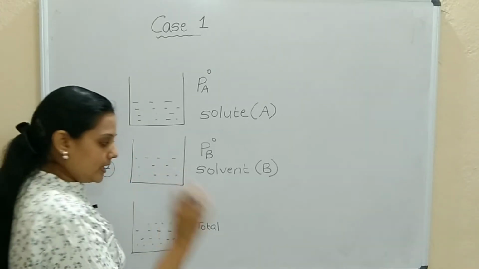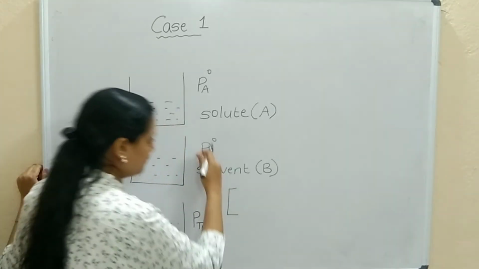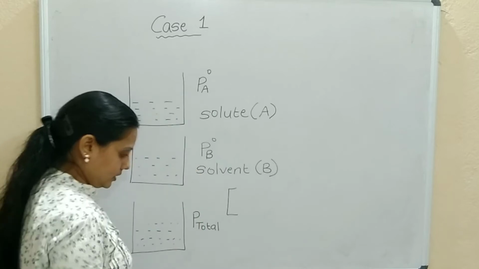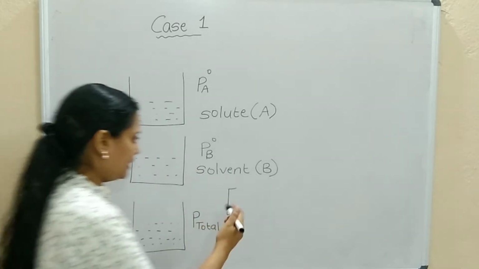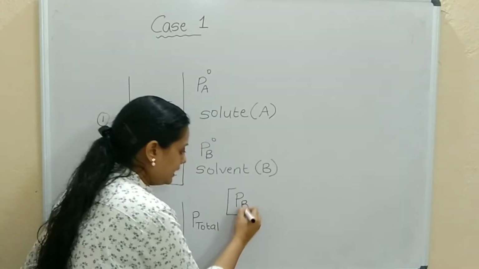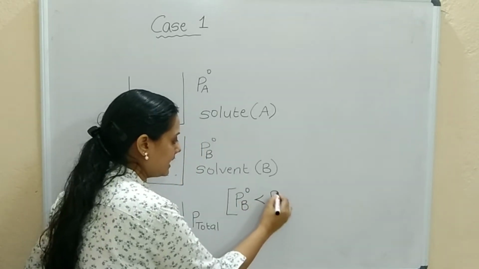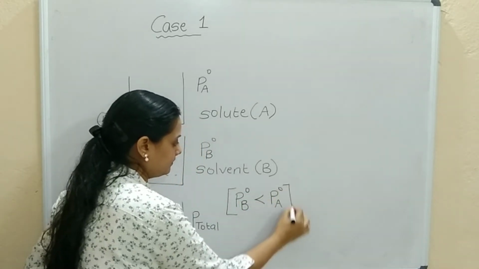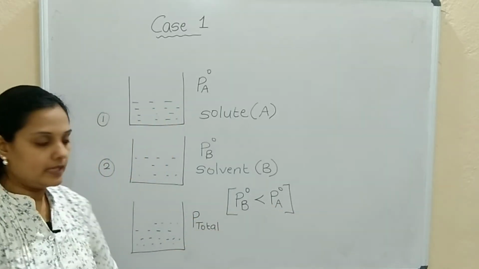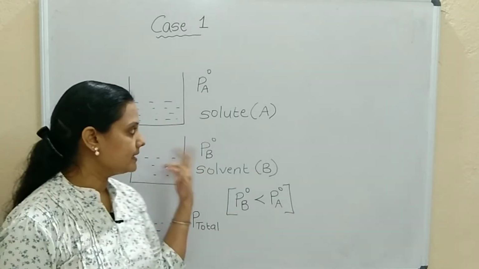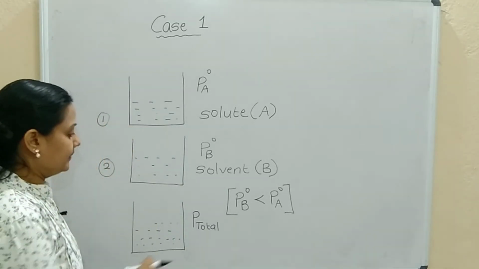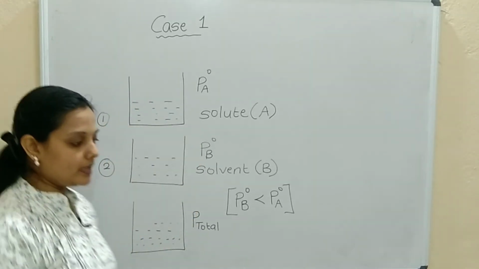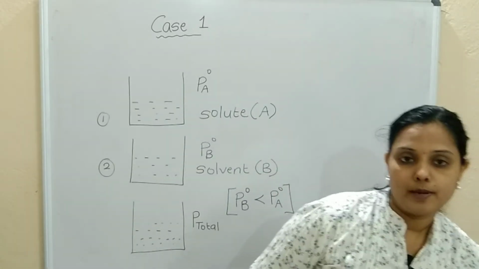Now, as solute and solvent are both volatile in nature, we assume that PB degree is less than PA degree. We are just assuming that the vapor pressure of the solvent is less than that of the solute. Just assuming. From here, according to Dalton's law of partial pressure,